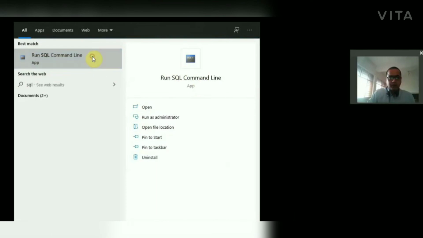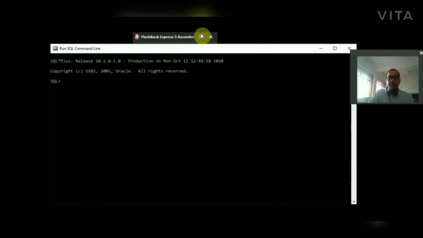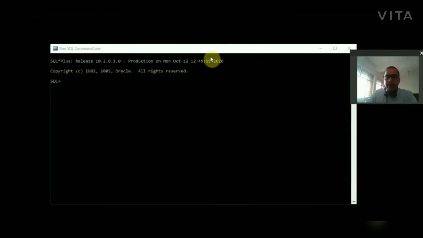Hello, welcome students. In this video we will create a trigger that will act like a primary key. What a primary key does in a table is prevent duplicacy of data. Once you insert data, if you try to insert another record with the same field value, it will prevent it from inserting. So how will we create this trigger? We will see in this video.